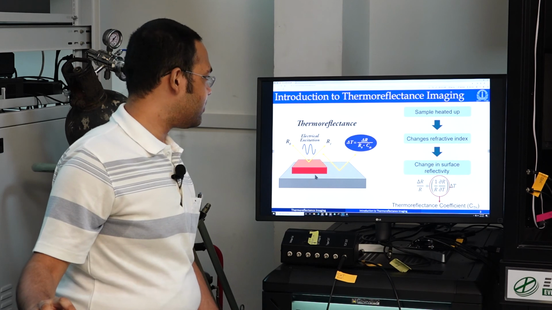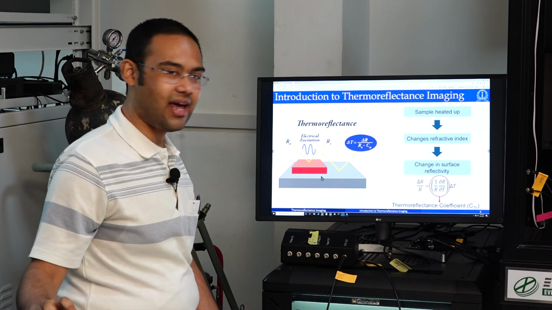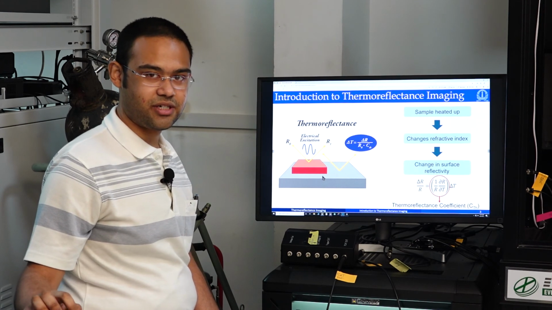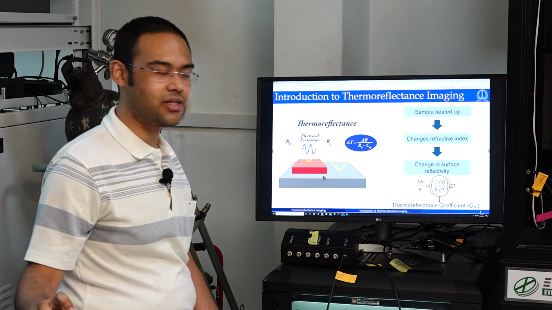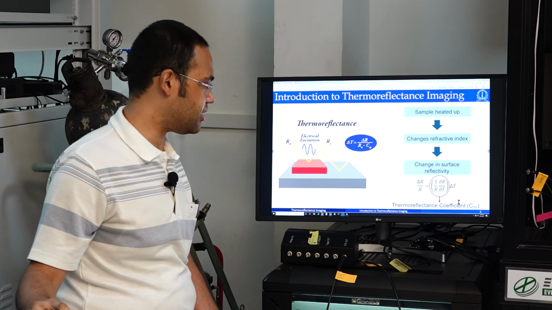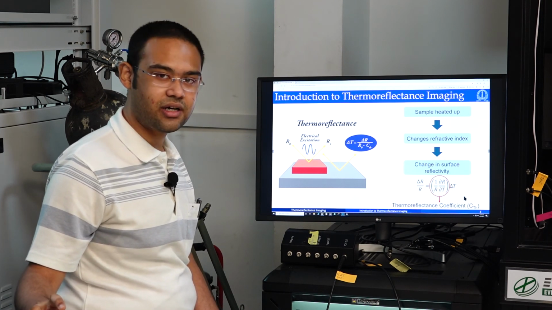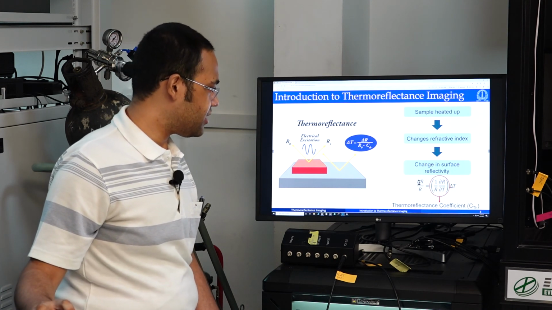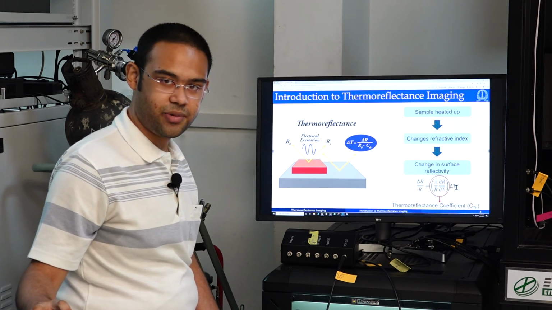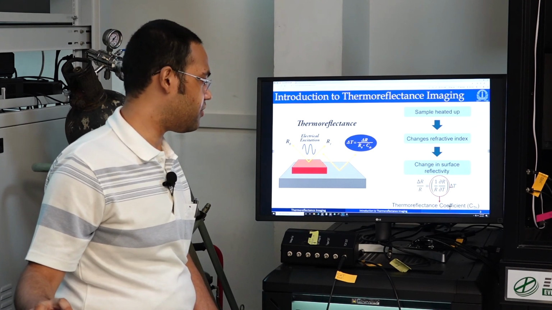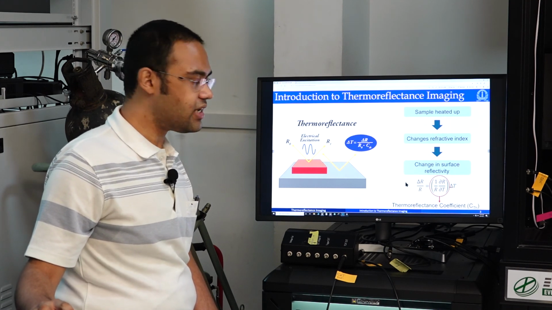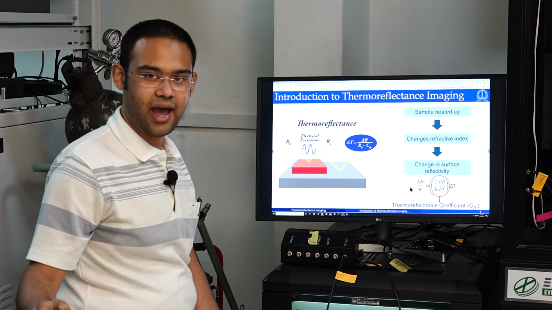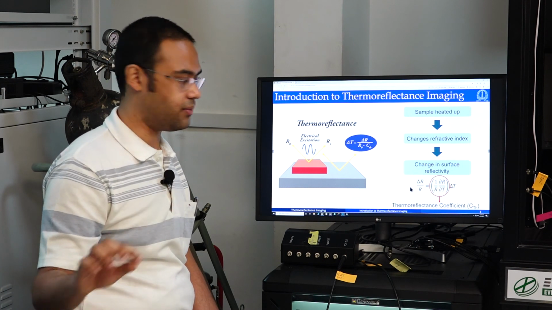Okay. So the next module that we are going to cover is calibration. Before doing any thermoreflectance measurement for a given material, we must find out what the thermoreflectance coefficient is. As I have told in the introductory part, the change in reflectivity is proportional to the change in temperature by a coefficient called the thermoreflectance coefficient. So once we get a new material, our job is to first find out what the thermoreflectance coefficient is at different points in the active region.